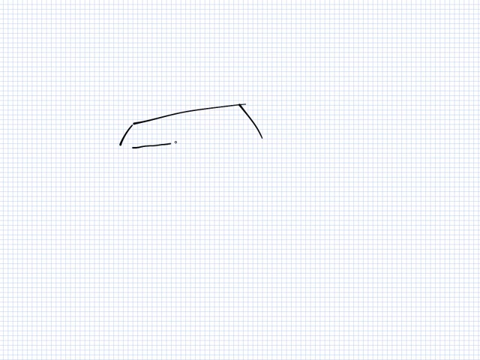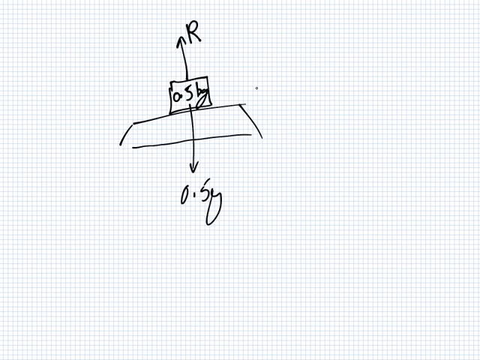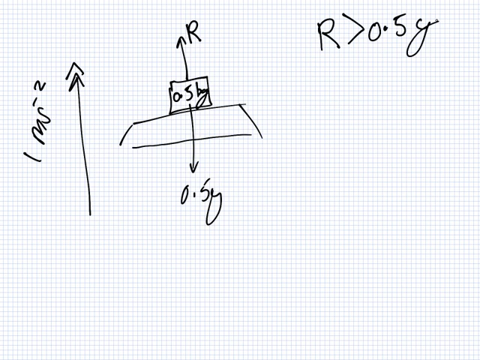So I put my weight on it again. We still have 0.5 g. We still have our reaction force. But if this is moving up at 1 meter per second squared, it means the forces are not balanced. In fact, it must be the case that R is bigger than 0.5 g for it to rise. Yeah? Because otherwise it wouldn't be moving. Now that might seem a bit strange, but if you think about it through the book's